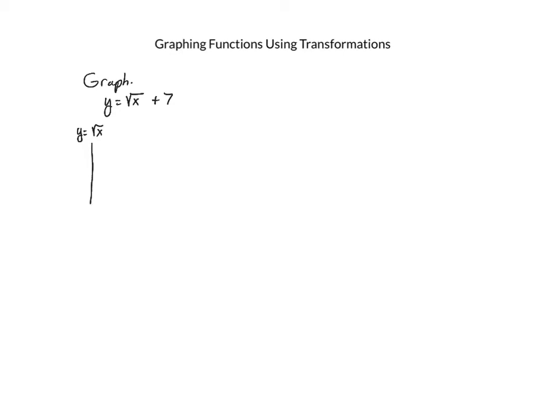And do you remember what it looks like? Here it is. It's our graph that looks like this. It's actually half of a parabola that's on its side, but that's our parent graph. Now we're looking at this function which says, hey, shift it up 7 units. So our graph now would look like this. Make sure you label 7 appropriately,